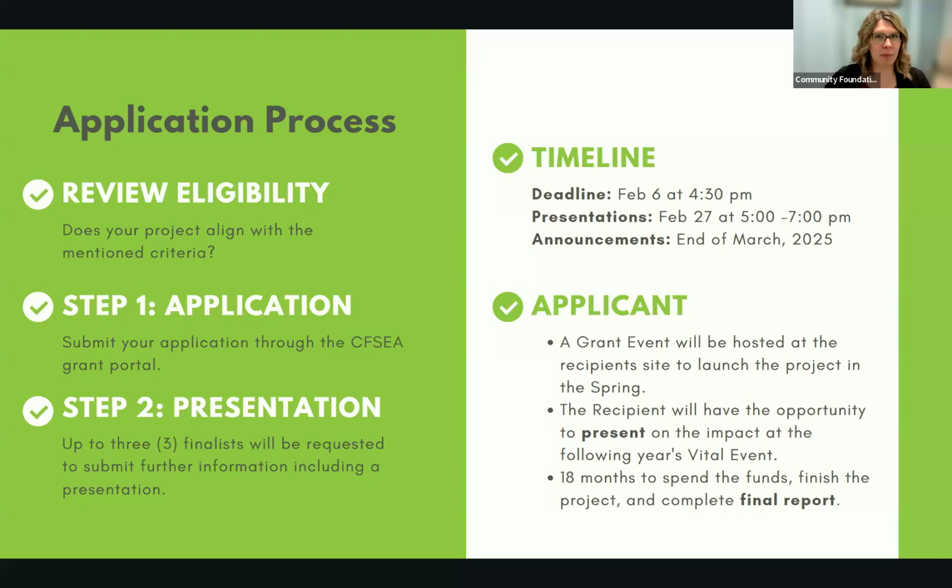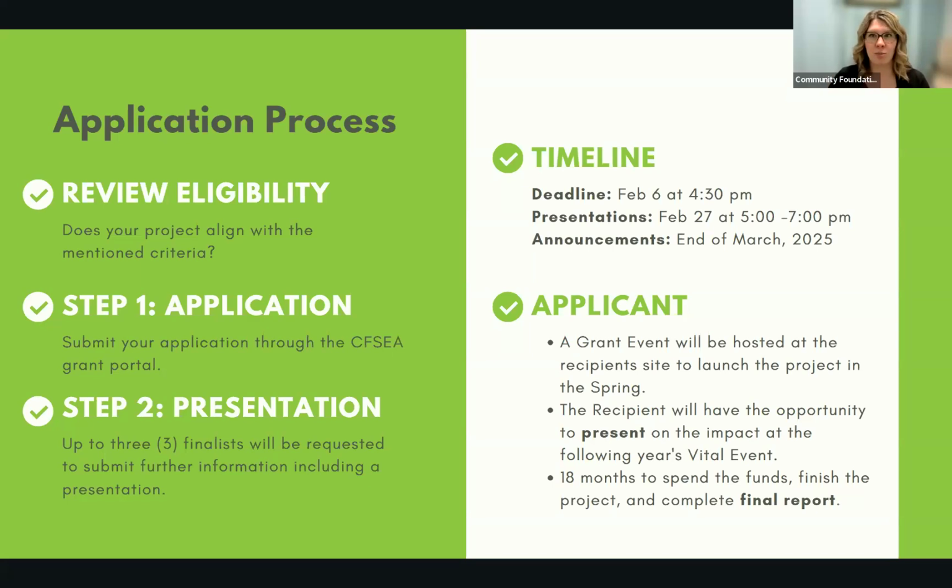All right, so just the application process for you here. First step for you guys is review eligibility. Does your project align with the mentioned criteria? So again, looking for that game-changing idea. I think some of you in this webinar today know what you want to apply for. You have a big idea and you're just checking off the box to make sure that this works.